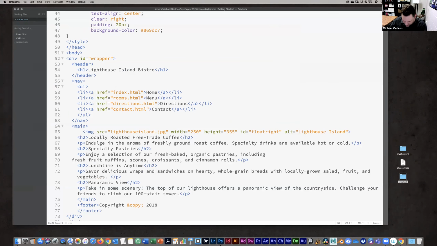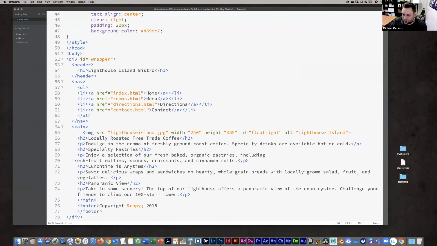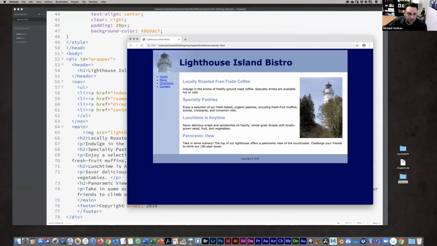So if we save it now and take a look. All right, so we're getting there. We got the links now that are at least vertically oriented, but now we have these bullets on there, which we don't really like. We want to get rid of the bullets, and then instead of using the default colors and the underline and all that, we want to get rid of that as well.